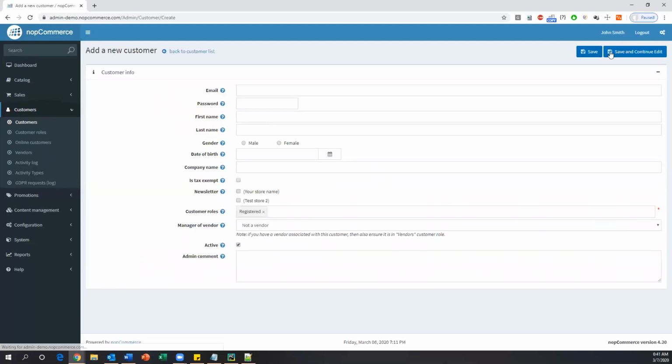and once you click on add new, then you will get this customer info form. In this form we need to locate all these elements, including email, password, first name, every element we need to locate. So we need to write the locators for every element, and then we need to create one page object class as a first step. When you get automation test cases, the first step you need to do is create a page object class.